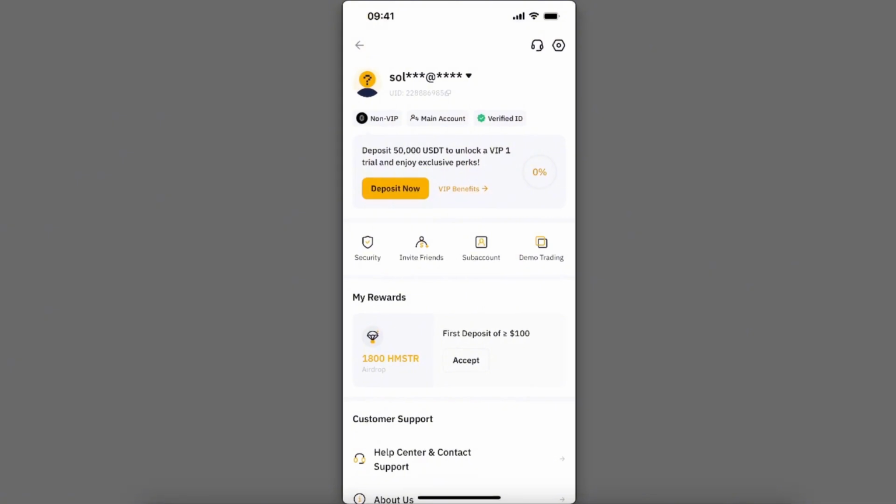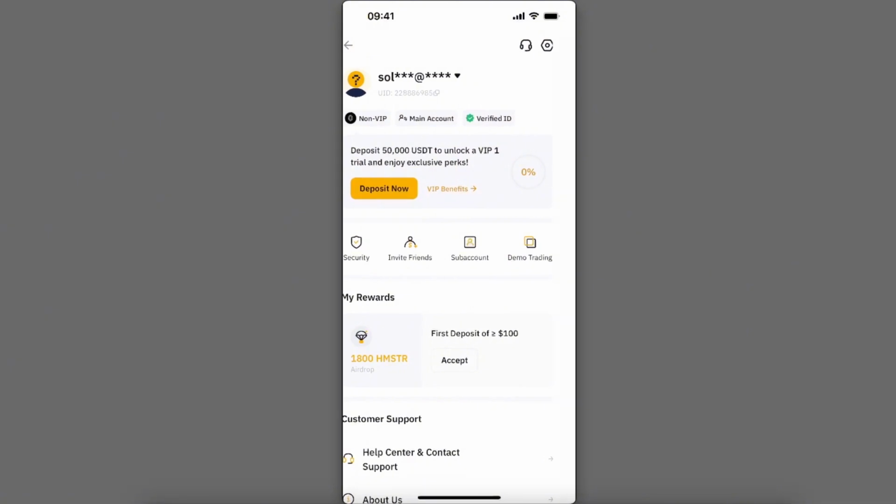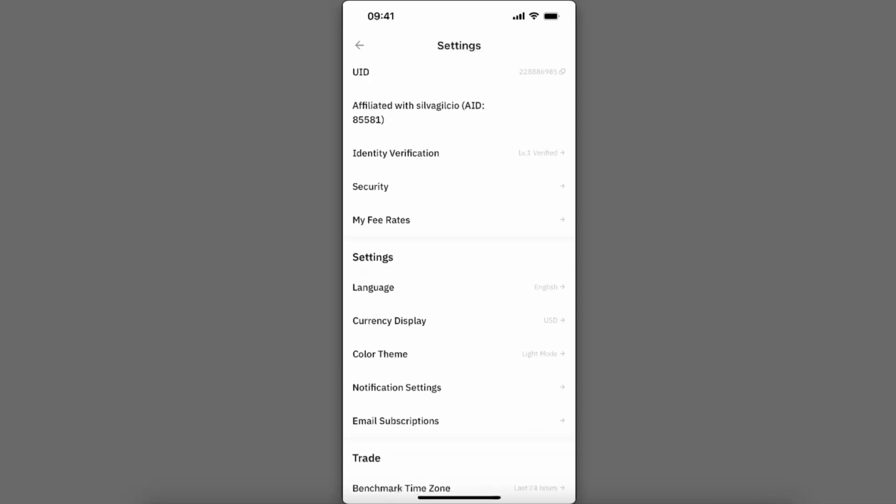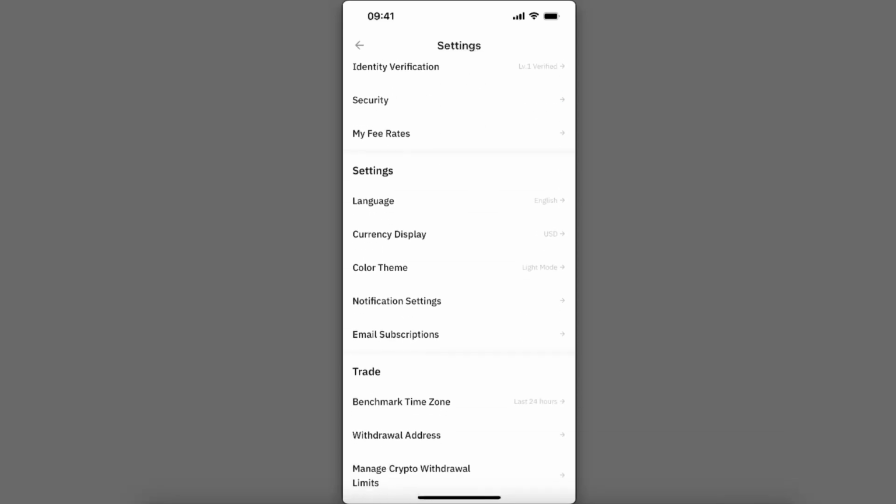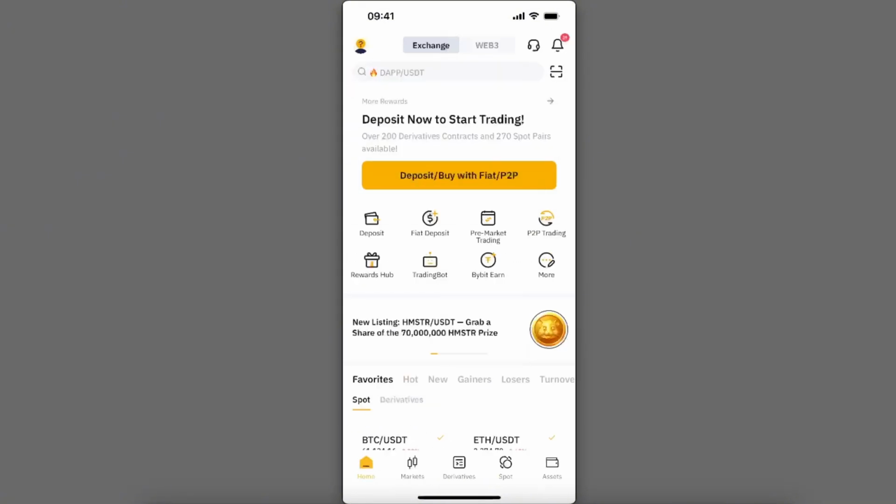If you want to change your currency, for example, you're going to click on the gear icon at the top right corner. And here, once you scroll down, you can change your language, currency display, and so on and so forth. So once you are done with that,